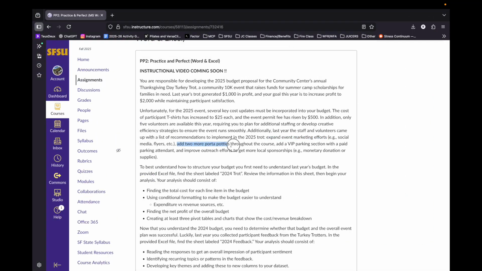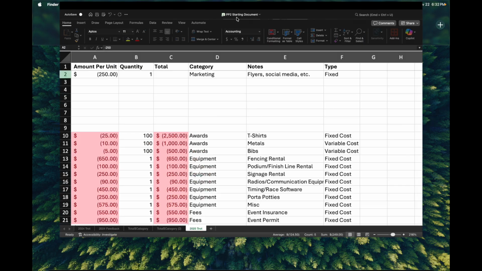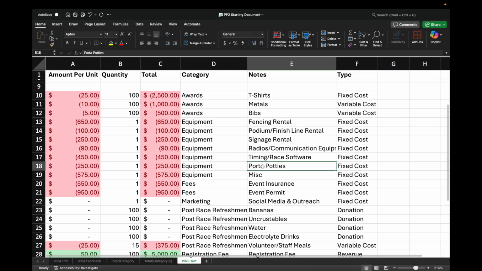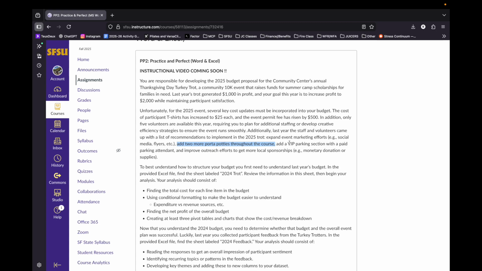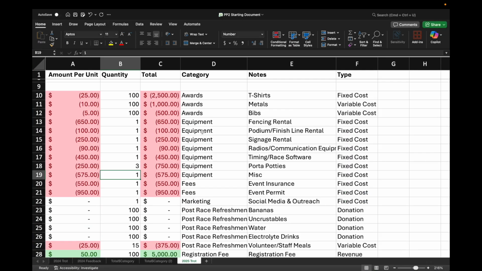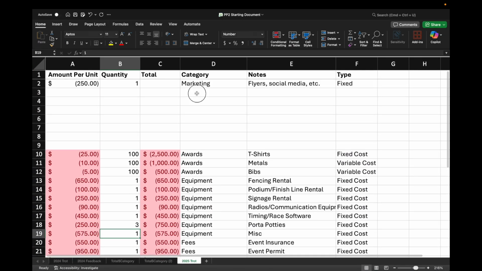We're going to add 2 more porta potties throughout the course. So there's already a spot for porta potties here. We just need to increase that from 1 to 3, easy peasy. And we're going to add in a VIP parking section. So VIP parking is going to be a revenue source. Again, all of these specifics will be up to you, but let's go ahead and add that in.